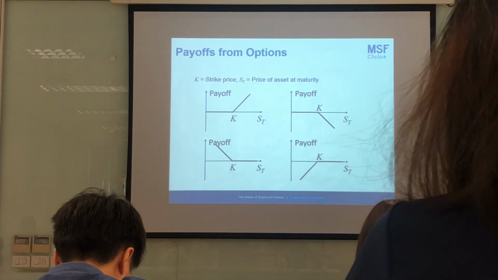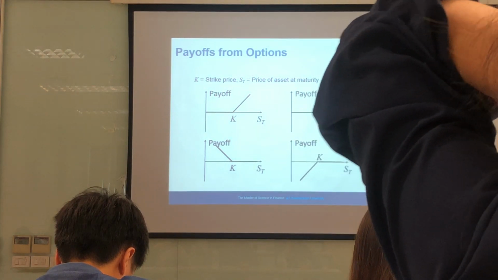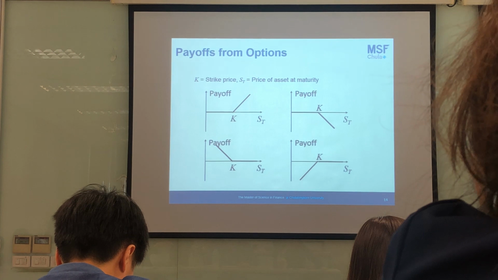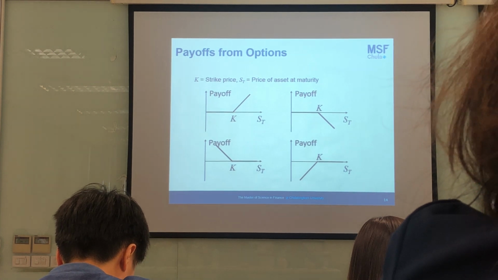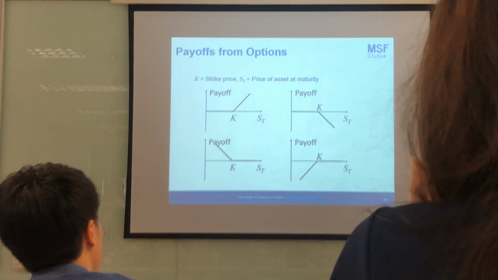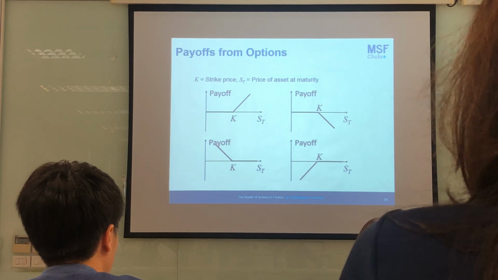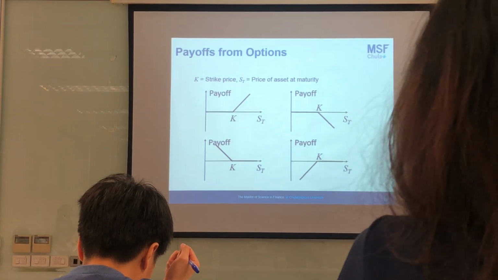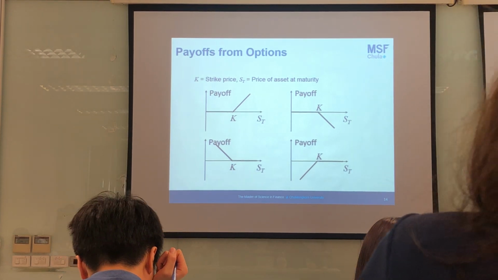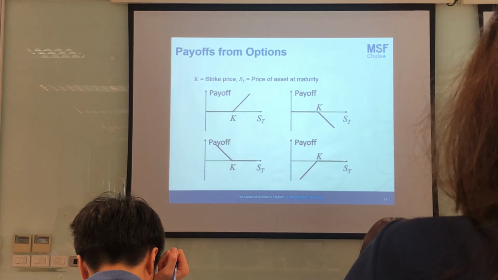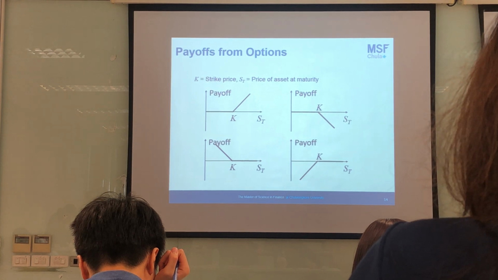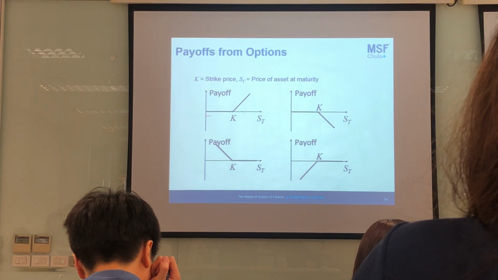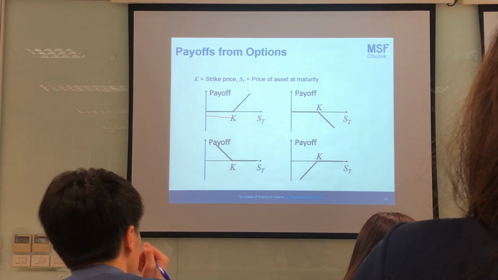In this graph, I provide a summary of the payoff for the call option holder, the call option writer, the put option holder, and the put option writer. If you want to draw the graph for the net profit and loss for the call option holder and call option writer, it would be similar, but you just move this line below this in order to incorporate the premium.